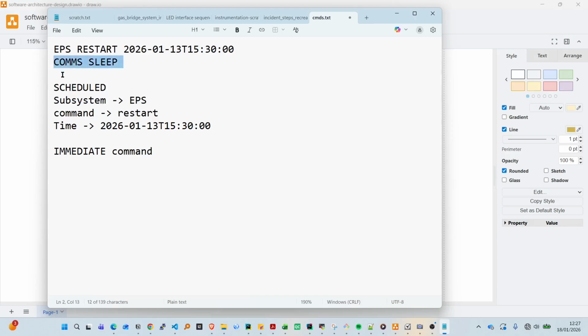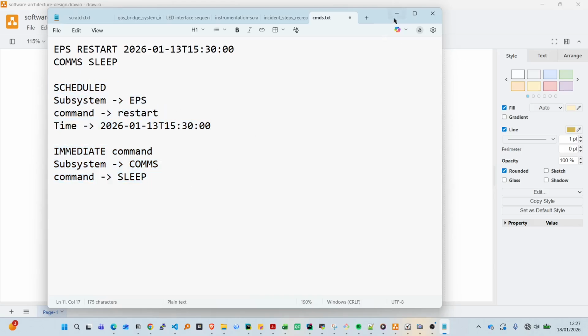For example, this command, sleep. If I paste that, you see it has almost the same signature. The subsystem is comms, and there is no time, obviously. Then the command is to sleep. So these are the two command types that I have,